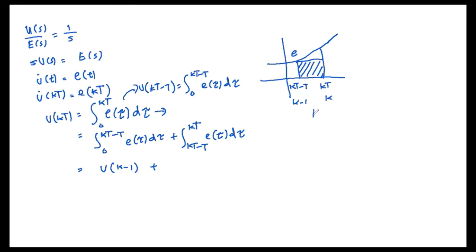And we know that the time interval between kT minus T and kT is T, which is the sampling period. Now this is how we can approximate the area. It's much easier to find the area of a rectangle than the area under this curve, which we do not know. So basically this problem just comes down to finding the area of a rectangle, and this is known as